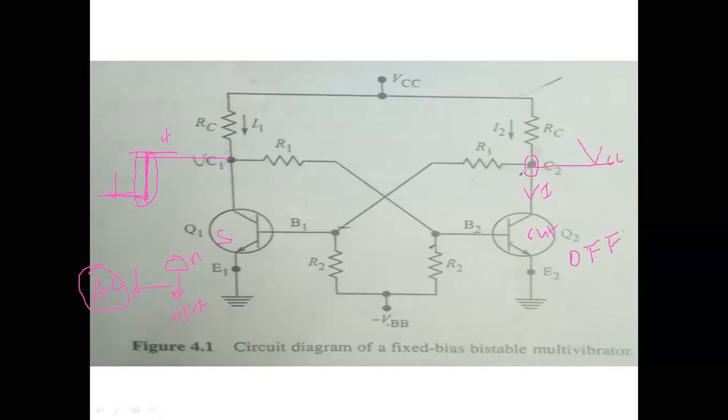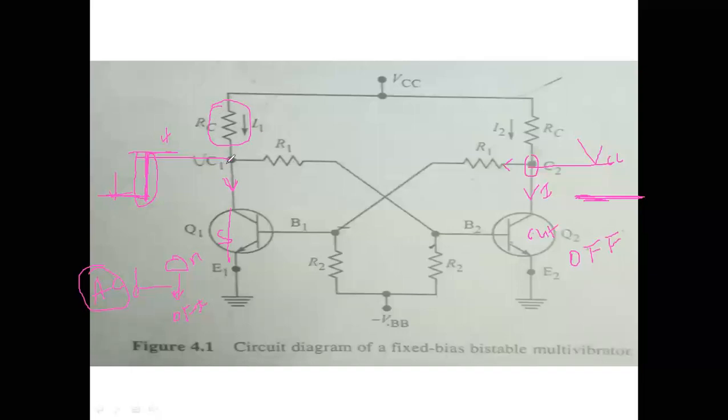If the minimum current is flowing in this direction, and I consider that the drop through this R1 is also less, the output here will be VCC. That means the output will be maintained at stable state 1. And this is the on state, therefore it is short circuited. Once it is short circuited, a high amount of current flows through this path. Therefore there will be more drop across this RC.